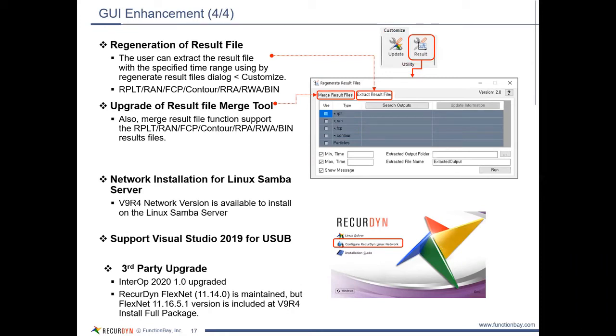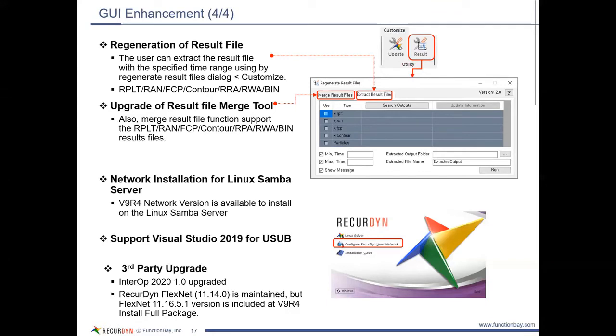For those who have been running the standalone solver, you may have noticed that the output files are organized a little bit differently than they are when you're just running inside the GUI in Windows. The reason for that is that some of the post-processing is done inside the RecurDyn user interface. So there's not a RAD file when you're doing the standalone solver. It's a RAN file. The RPLT file is the same. But there are different files, and with the toolkits and so forth, there are some different things, flex bodies and so forth. So if you want to extract the result files from these other file types, you can do that, and that's basically replicating what would happen inside the